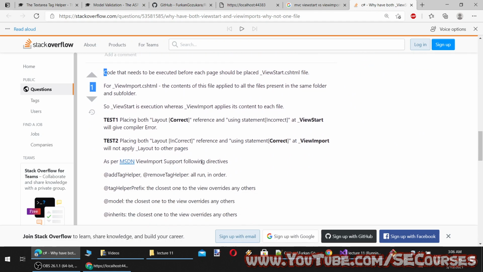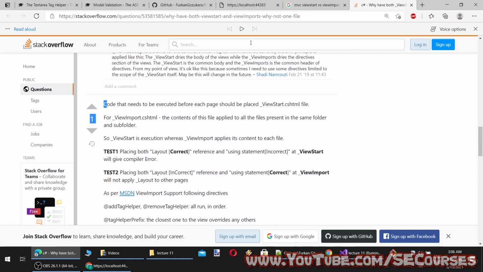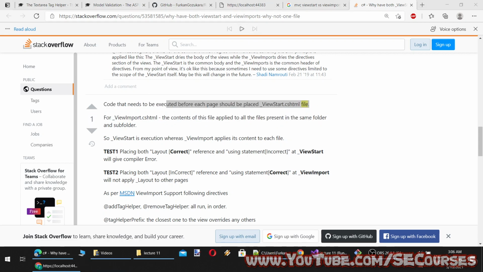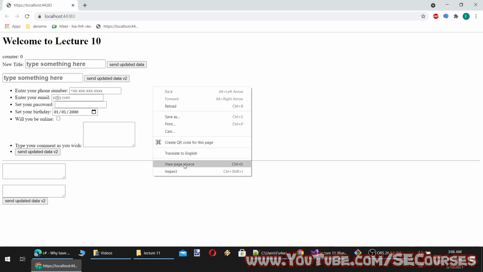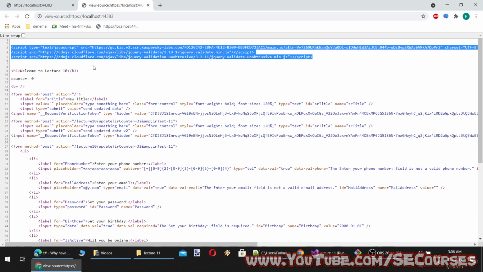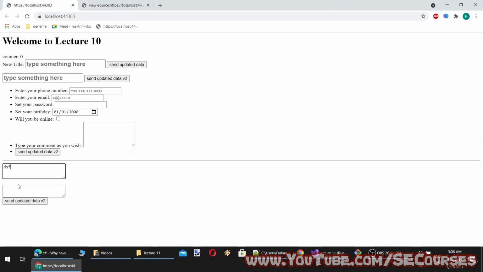Okay, let's see. There is another explanation. 1. Code that needs to be executed before each page should be placed in the _viewstart.cshtml file. Okay, code that needs to be executed before each page, which means our header file. Now we should be able to see them. Yes, you see, now we are seeing our scripts in our header, and now when we try,